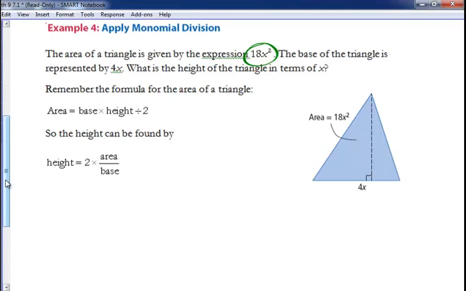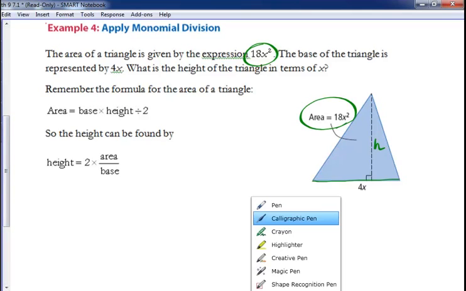So the area is simply 18 times whatever this number x is, and it's squared. Now, it says we've got the base of the triangle along there, which is 4x, and that's the height there, putting that in. Now, this is the question that we have. What is the height of the triangle